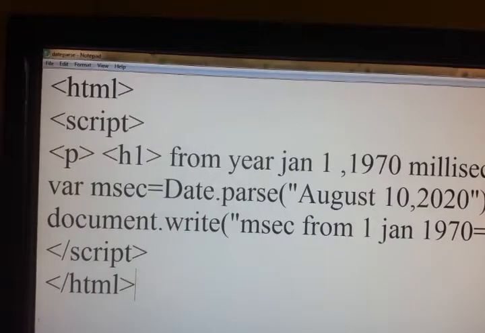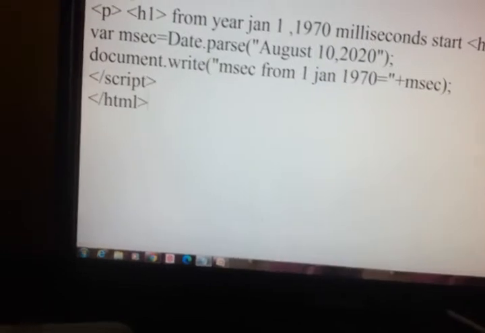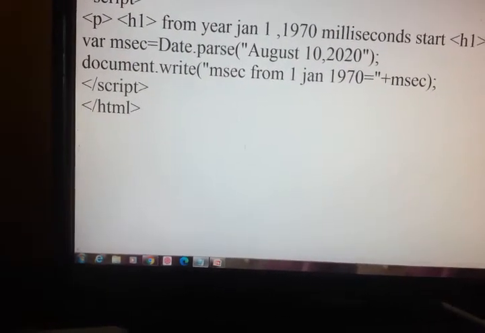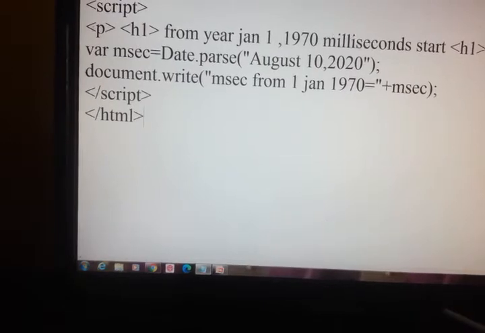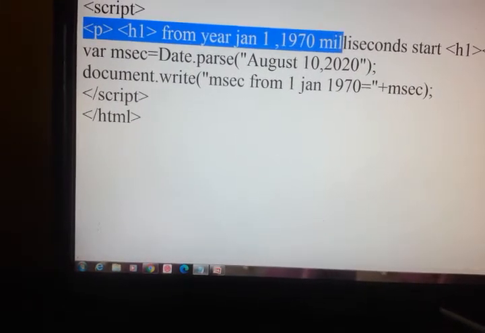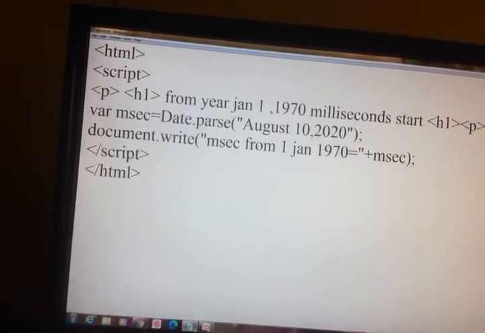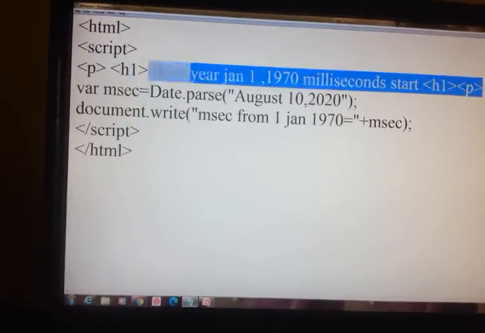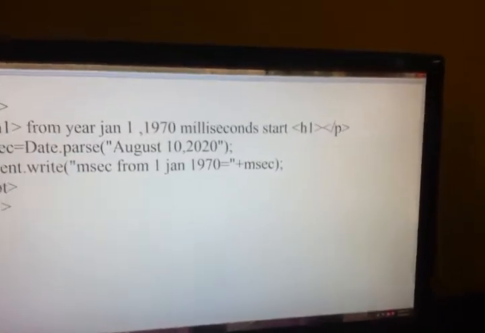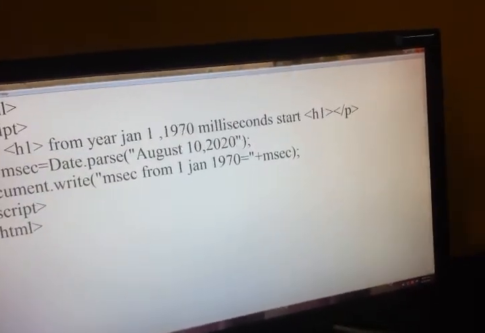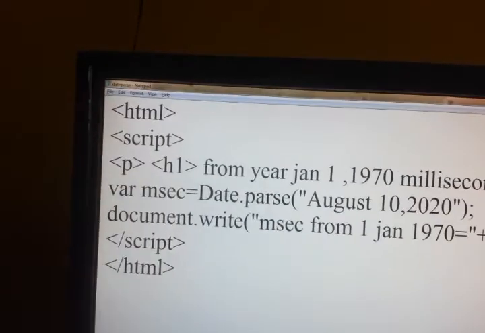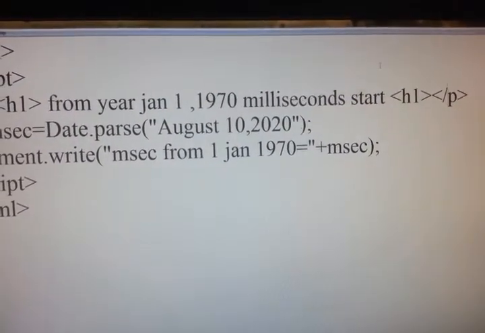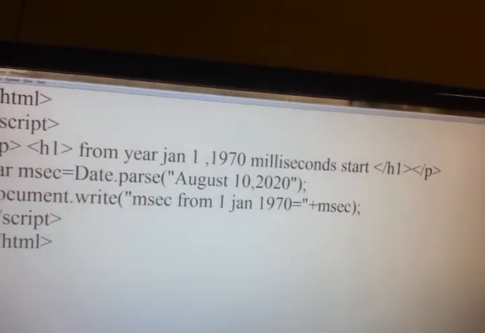I haven't got any output. Maybe we have made some mistake. One mistake is that we haven't given the closing /p, the ending heading tag.